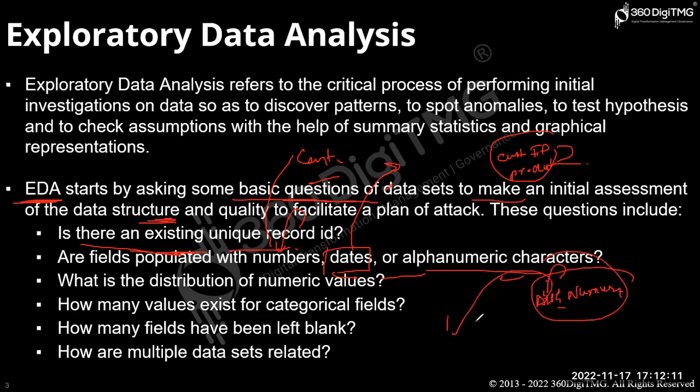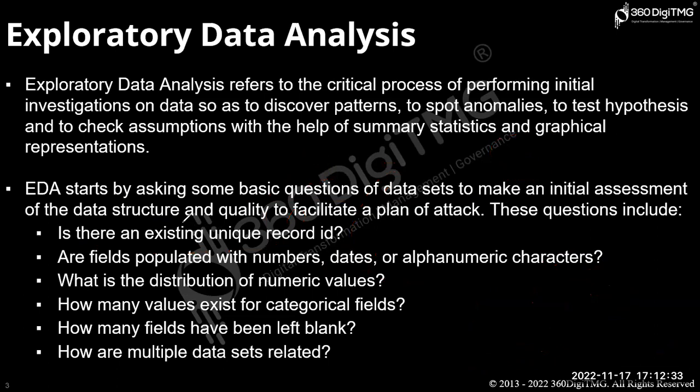We will consider this as categorical data only, but if it does not have any order, in that case it will come under nominal. If it is not providing any information and is not following any order, then we will simply consider it as nominal data. And what kind of distribution do we have? If you have numerical or continuous data, what kind of distribution will we have? Whether it is a balanced distribution or a normal distribution, also called the normal distribution.